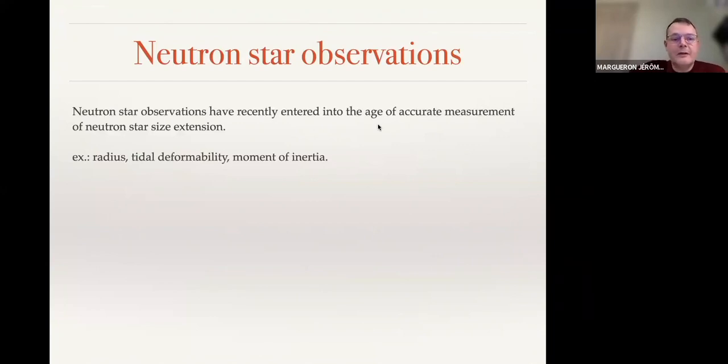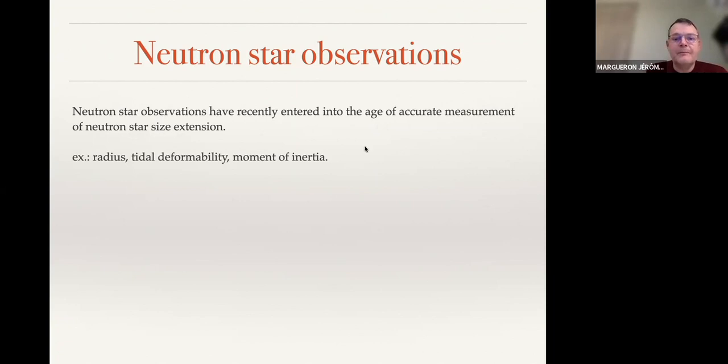About neutron star observations, we have recently entered into the age of accurate measurement of neutron star size extensions. By size extension, I mean radii or tidal deformabilities or moment of inertia. This is really a new feature which has emerged over the last years, thanks to new